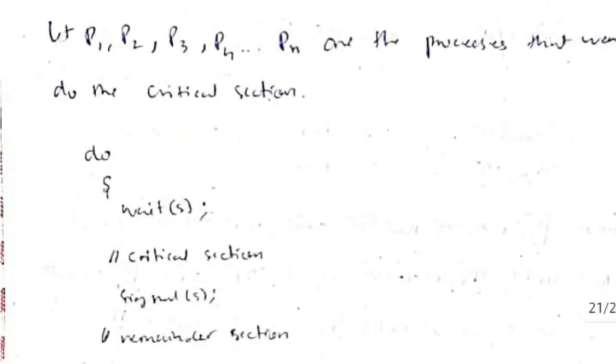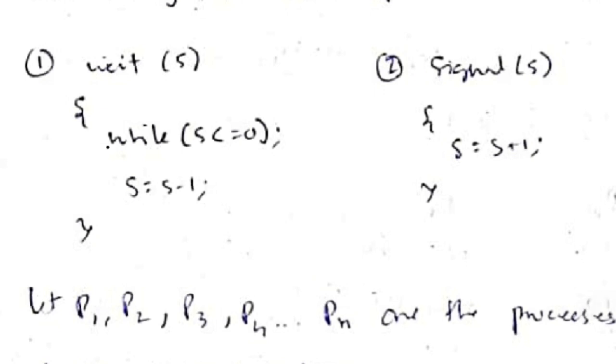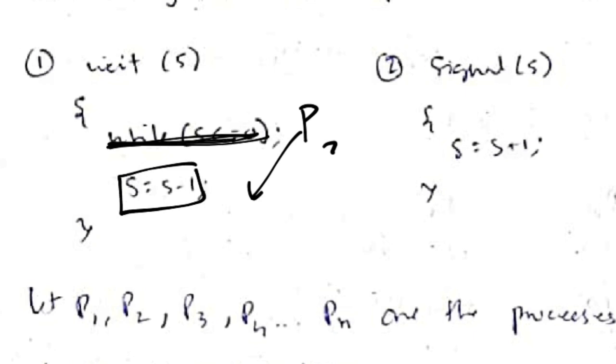What will the signal function do? See here, the signal function will make the value of s as s plus 1. So s was 0, s will become 1 now, and when s becomes 1, this will be true and this will become false, right? So when this becomes false, P2 will be able to enter the loop. Okay, so this becomes false, the s value will again reduce to 0 and P2 will be able to go to